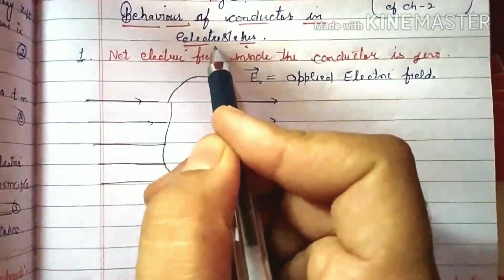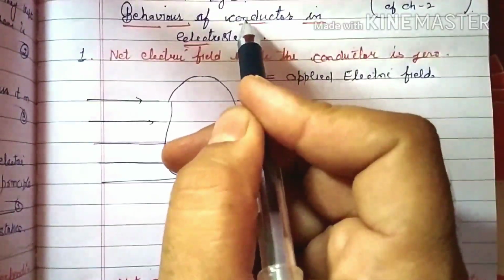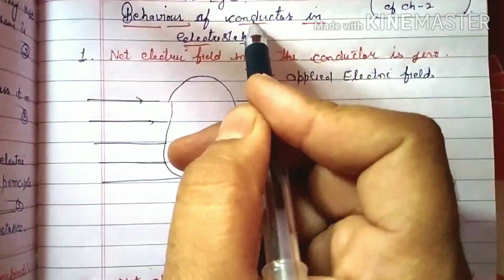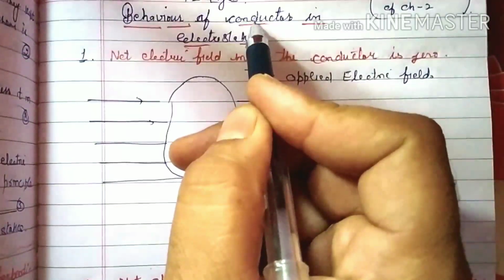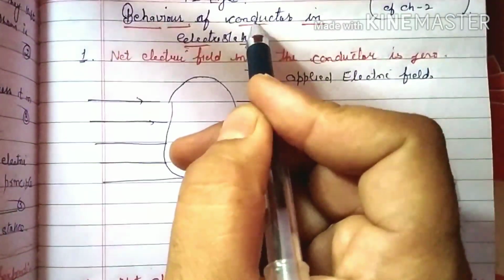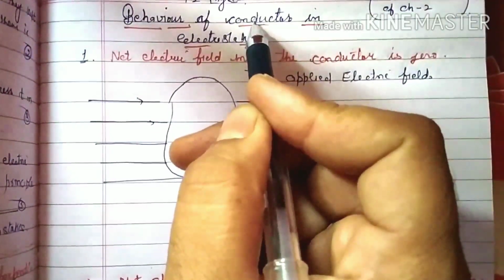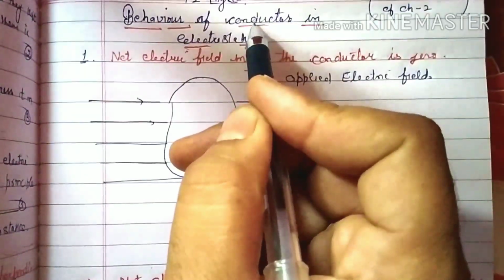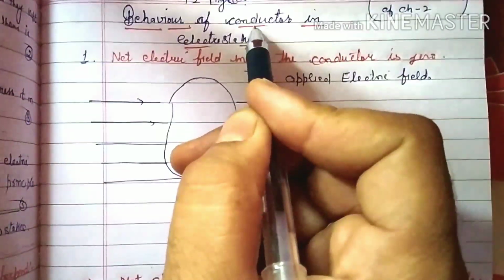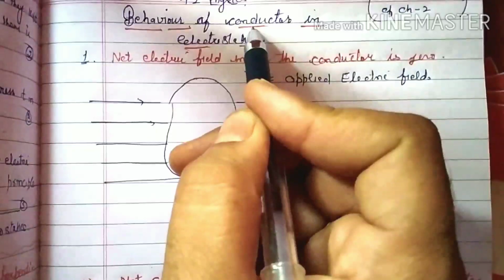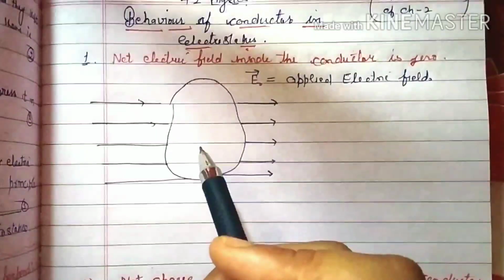The electrostatic, you know that, and now we have to study the behavior of a conductor. Conductor, you know that, is a material having free electrons, and when it is placed in an electric field or electric potential is applied across the conductor, they start conducting. So you can just remember that a conductor has free electrons and they conduct. They are free to conduct, that's why conductors have free electrons. Now we have to study the behavior of a conductor in an electrostatic field.